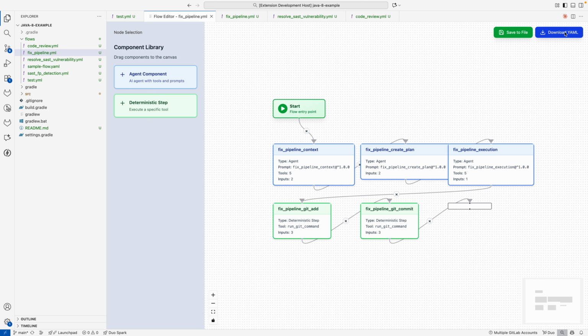You can also download the YAML, save it to a file, and then upload it, hopefully in the catalog quite soon. So yeah,